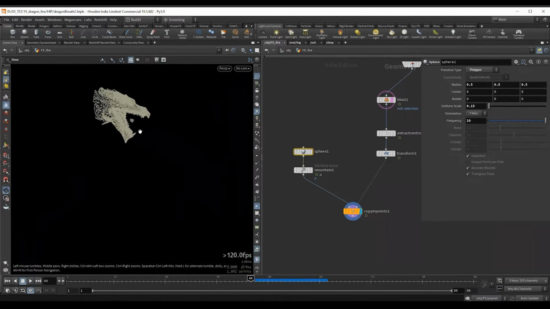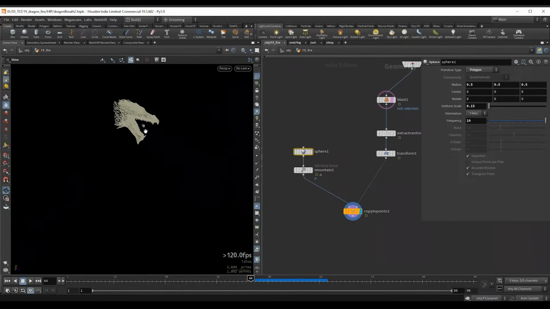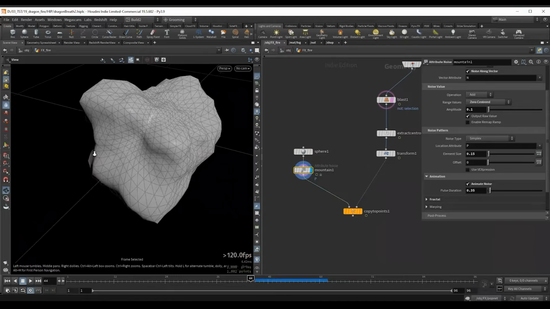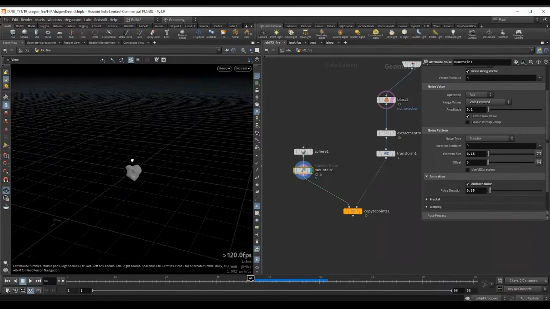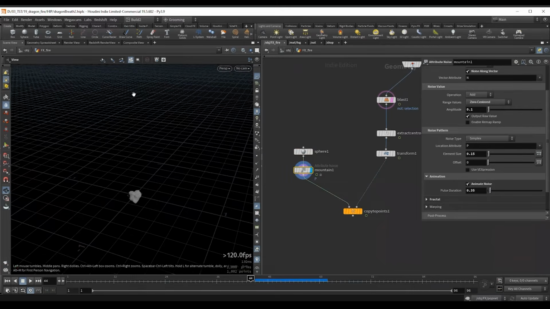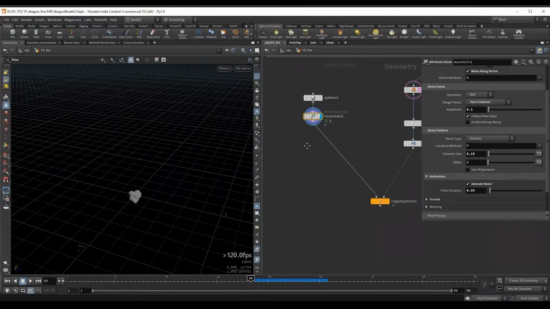Now we need a direction, so we need the particles to go in this direction, and we also want a little bit of spreading. And what we can do, we are going to create this direction at rest state. So when our geometry is like this at the center of our scene, we're just going to point this vector up and spread the vector a little bit. So let's go ahead and let's see how this works.